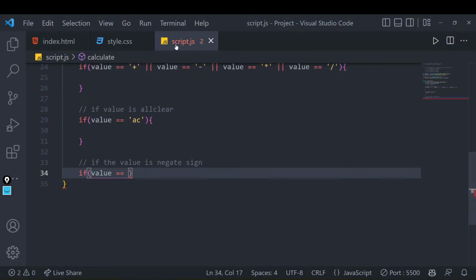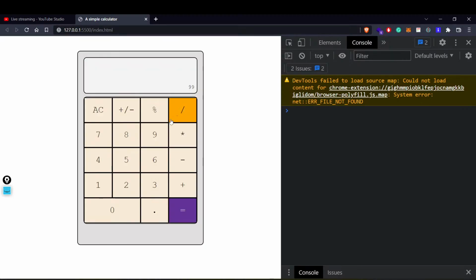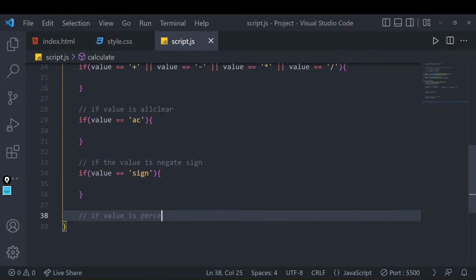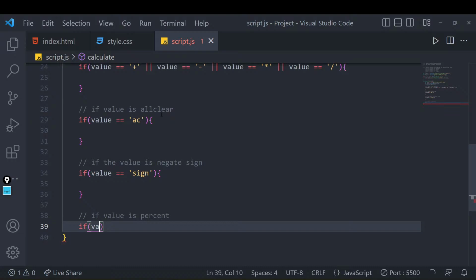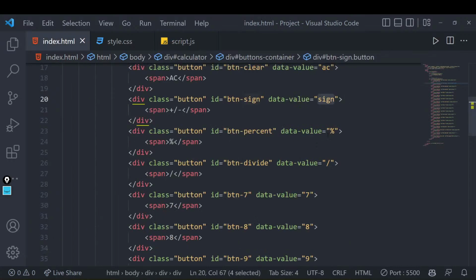So I'll quickly say if that is equal to sign, then we'll have to do some particular thing. Then if value is percentage, right? So we'll also say value equals percentage. I believe we have written that over here. Yeah, the value of that is percentage. Now we have also considered that.